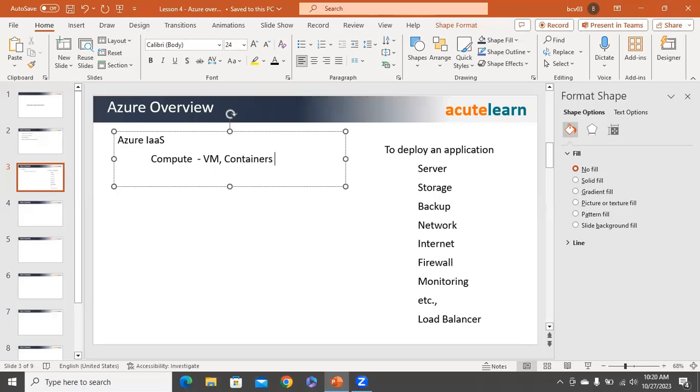Today we see microservices, microservice architecture based applications, deployed in containers. It's just like a virtual machine or a kind of a server, which can run an isolated application. So as part of the Azure infrastructure as a service, Microsoft will provide a compute platform where you can create virtual machines and containers. Then it provides a